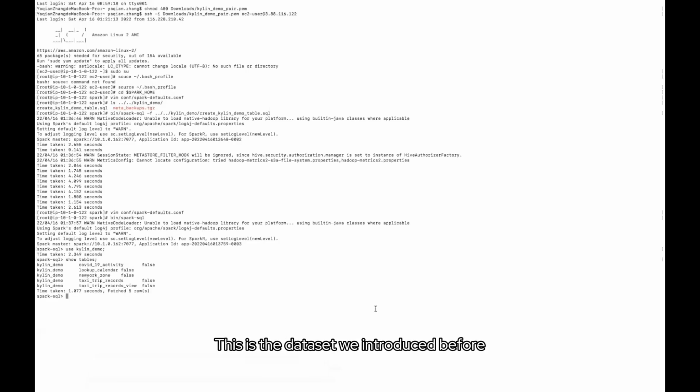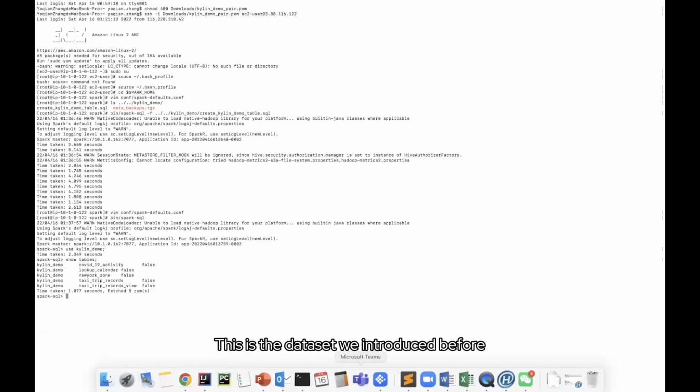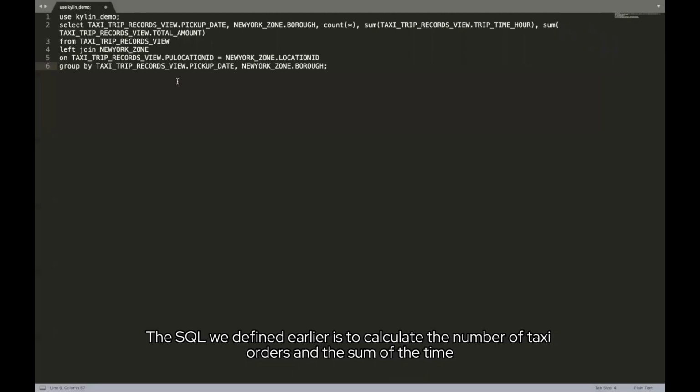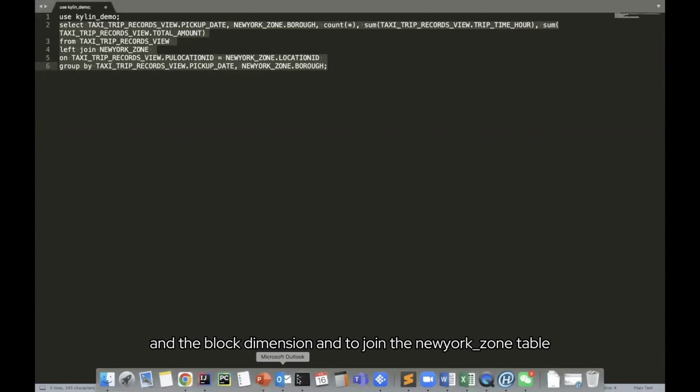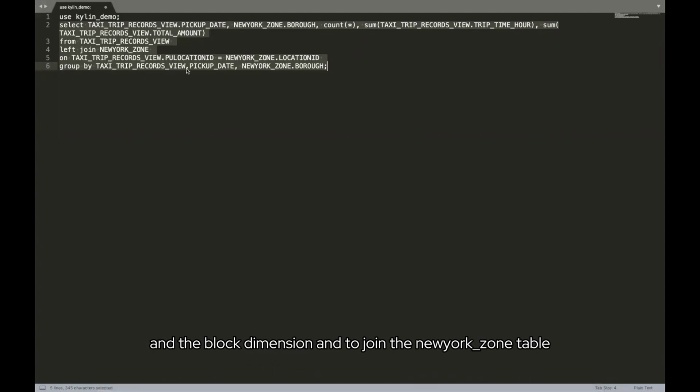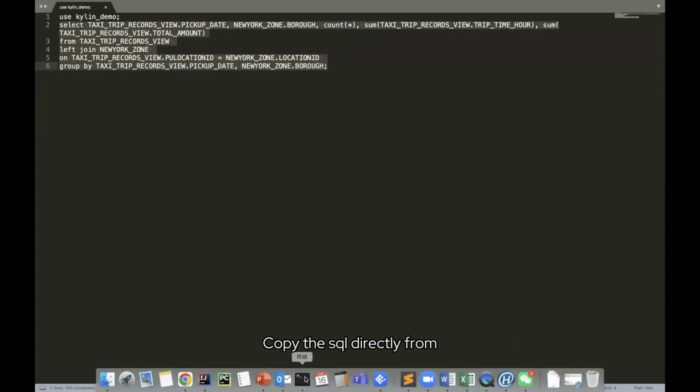This is the dataset we introduced before. The SQL we defined earlier is to calculate the number of taxi orders, the sum of the time, and the total amount on top of the time dimension and the block dimension, and to join the new work_zone table. Copy the SQL directly from